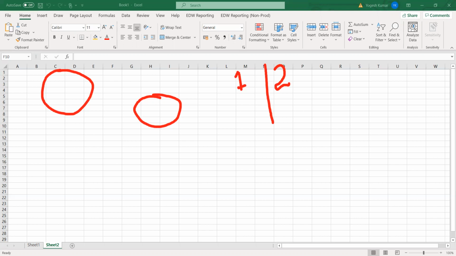Every data warehouse and every project depends on these two types of tables only. We will work only on those two types of tables, so we must be aware of each and everything about them.